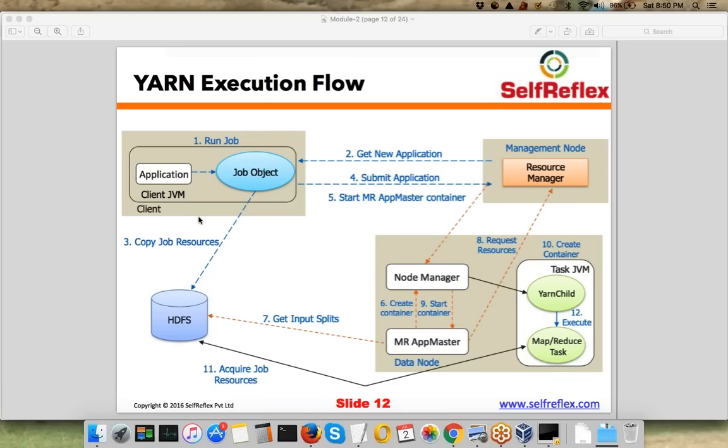Okay, Mahavir is saying, do we have a single point of failure in resource manager also? Because we have only one resource manager. That's correct, Mahavir. So we have single point of failure in case of resource manager as well. That's a good question. But Mahavir, if you think about it, generally your data is like a gold mine. You don't want to lose your data.